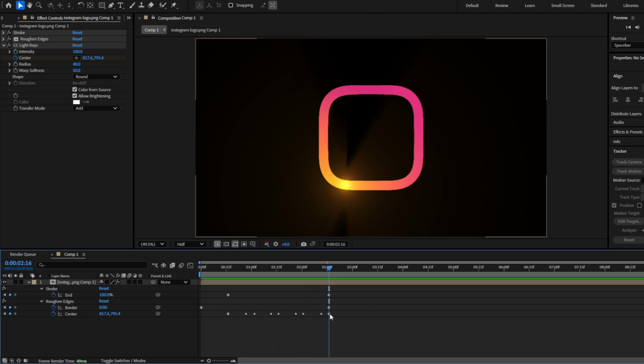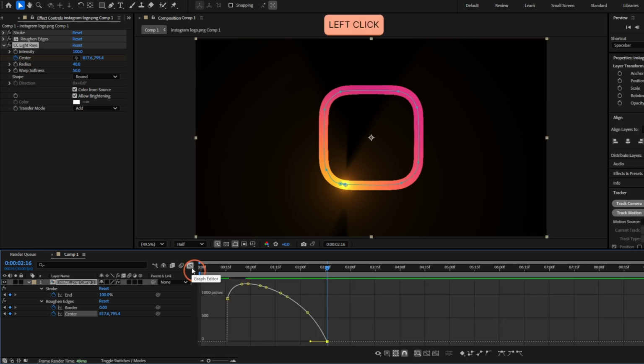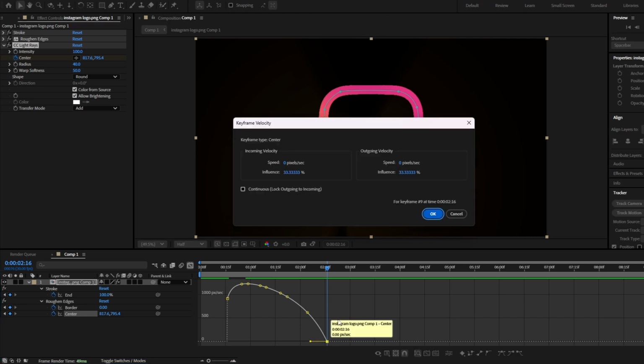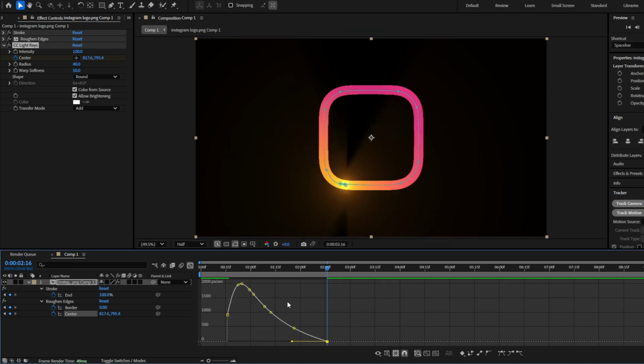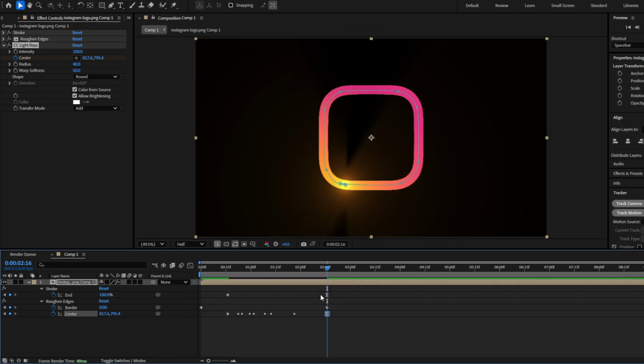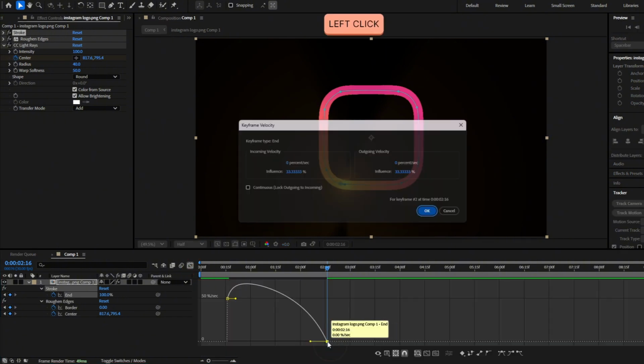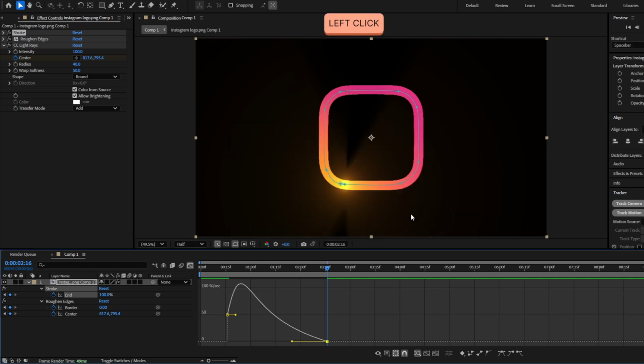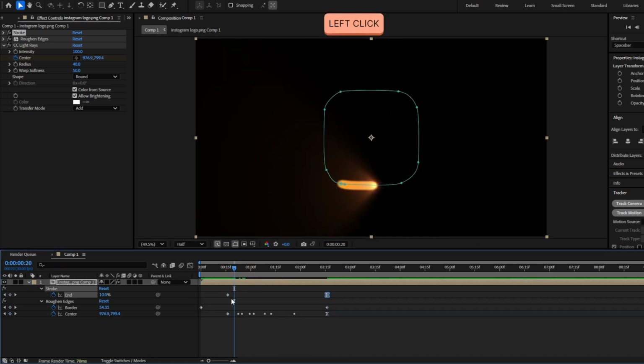So select the last keyframe of center, go to the graph editor, double click the point here, and here in the influence of the left we are going to set 70, so it will be eased like this way. Do the same thing with the stroke keyframe at the end. Go to the graph editor, double click, influence to 70, and now let's make the same thing here at the